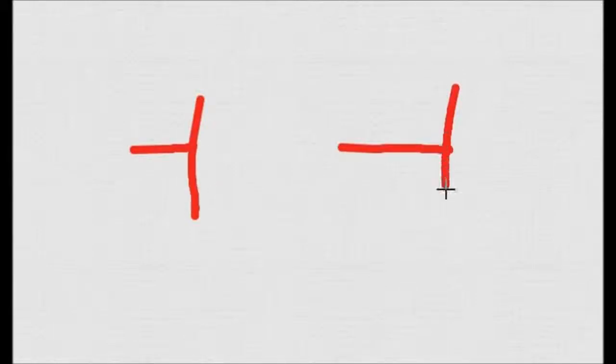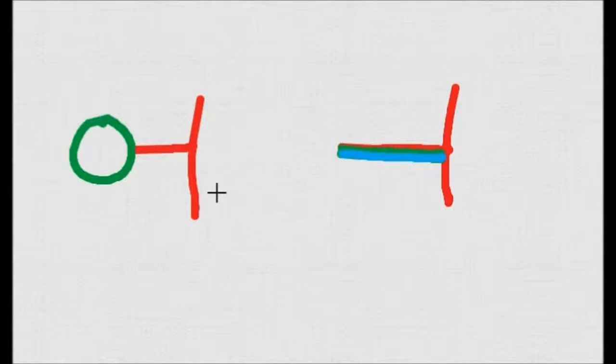I promised to explain the difference between this one and this one. As you see, the second one has a longer horizontal bar. When you put a consonant, in the first example, the consonant goes right before this vowel. However, in the second example, when you put a consonant on it, it goes on the top of the vowel.